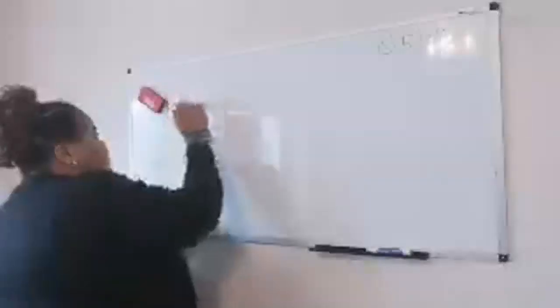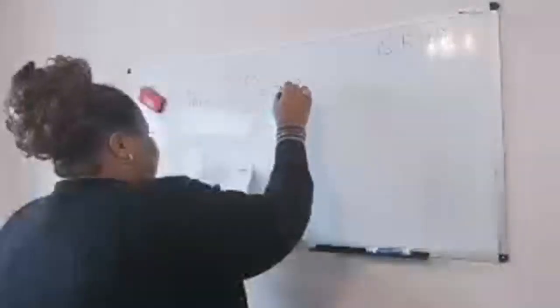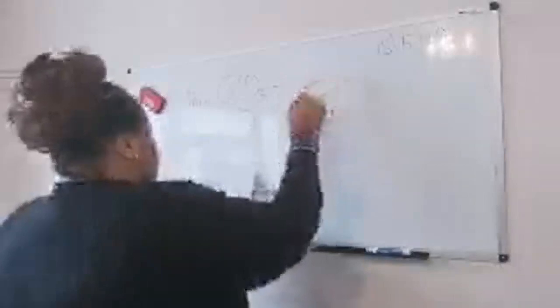This is a 6-mark question. It says the relative formula masses for calcium carbonate have been given here. Calcium carbonate is 100, and then you have calcium oxide, which is 56, plus carbon dioxide, which is 44. Now if you look at this equation here,